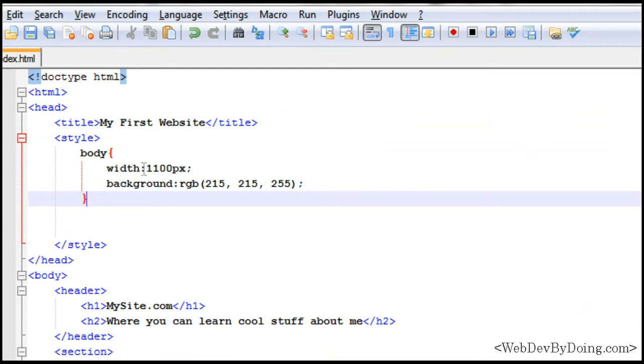So this first line here says width, 1100px. So you can imagine that the word width means that we want to create a width for the selected tag, which is the body. Then the colon is almost like saying equals and telling the computer that the following information will be the width. So just like if you were measuring anything else in life, you need a value and